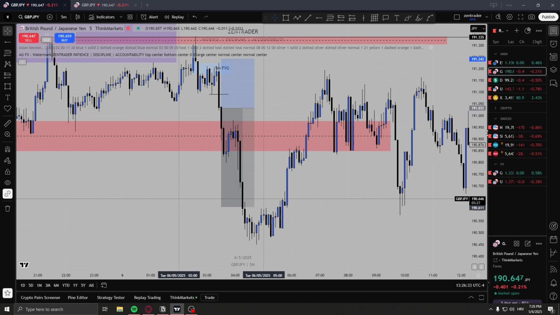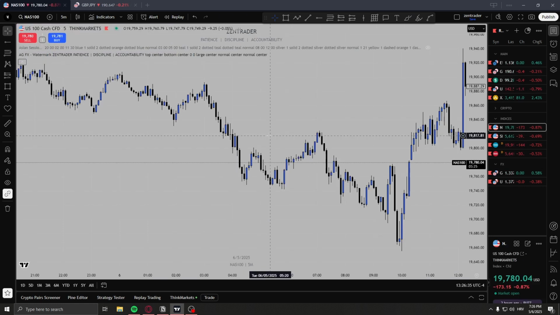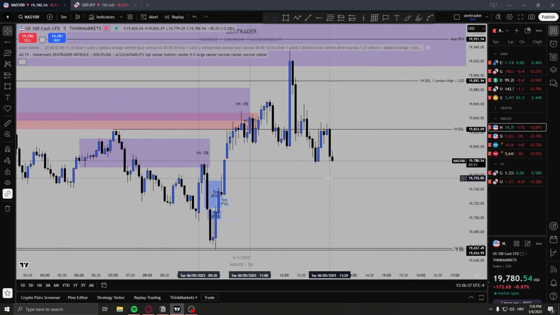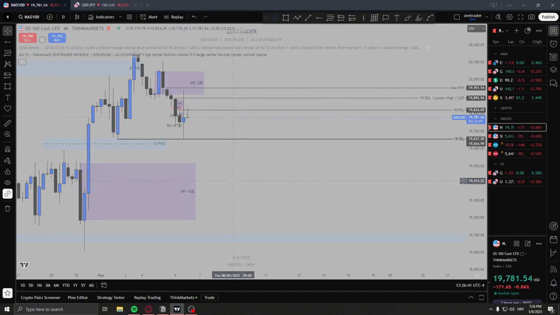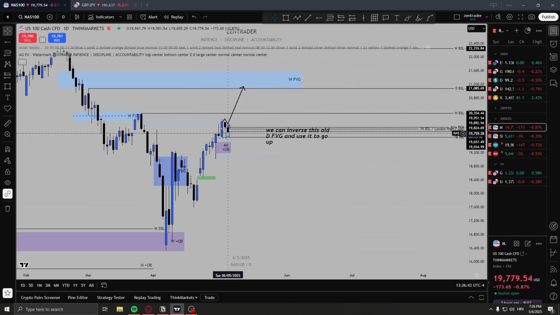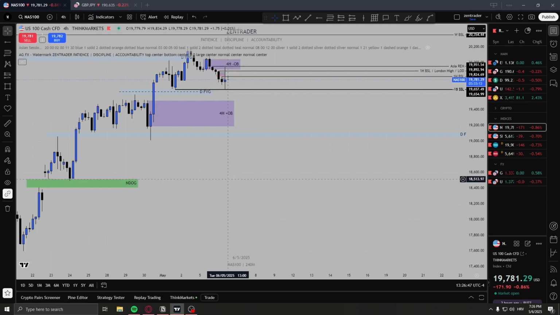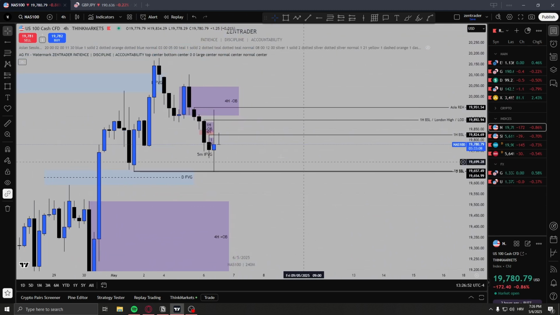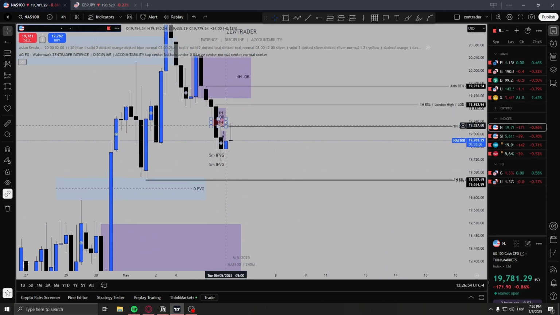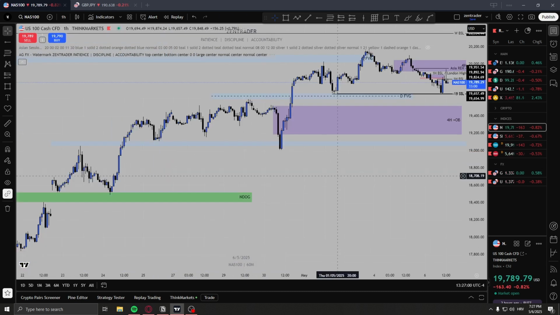USDJPY had no trades. Now let's go over to indices and let me review that. So here, what I was looking at in terms of the higher time frame. So we are obviously retracing on the daily time frame, and then I believe we are going to continue up. The 4 hour time frame, however, was moving down, and it's a bearish trend. So I was looking for it to retrace back into this 4 hour fair value gap, for it to then move down into these levels right here. What it did is